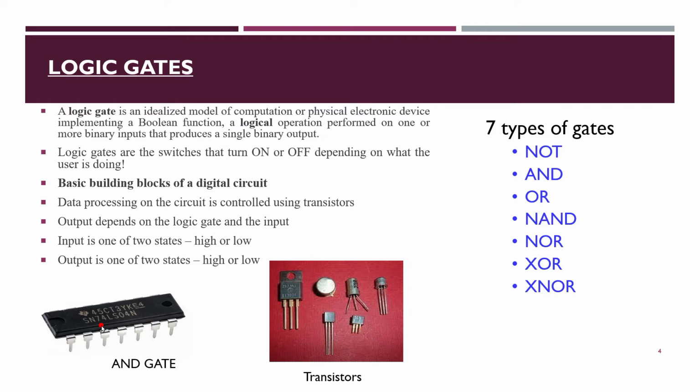In this case, you can see SN74LS04N. We can just eliminate the alphabets over here. SN you can eliminate, then LS you can eliminate, and you can eliminate N also. You can see that it is 7404. You just read the number alone, so it is going to be 7404, and the number 7404 denotes the NOT gate.